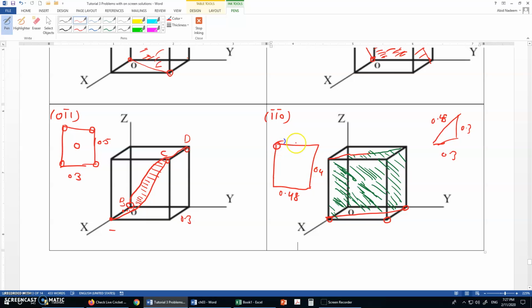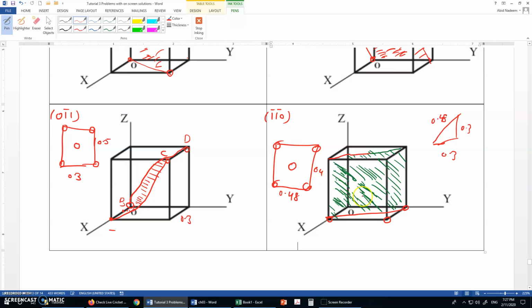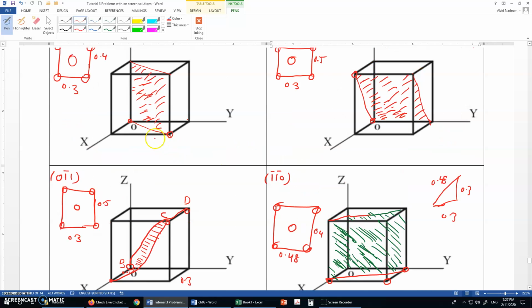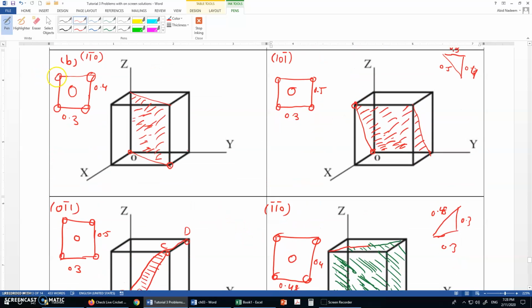0.4. And if we see, this will have only 4 atoms at the corners, and the fifth one, of course, because it is the body center. So this plane will be equivalent to this first one, 1 bar 0. Actually, it should be 0.3, because this dimension is 0.4. This dimension should be 0.48, because